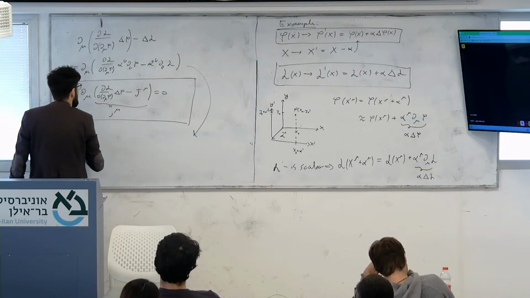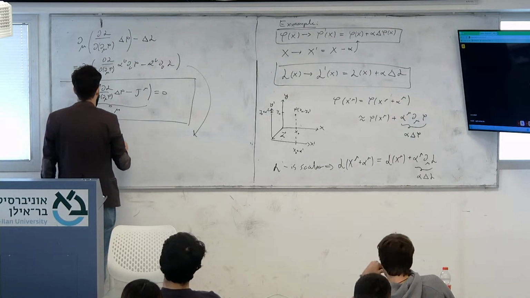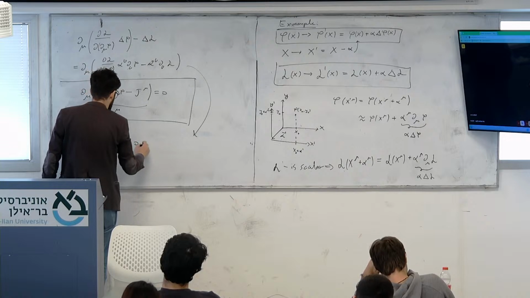So I have something like α^ν ∂_μ, and then inside I have ∂L/∂(∂_μ φ), ∂_ν φ,